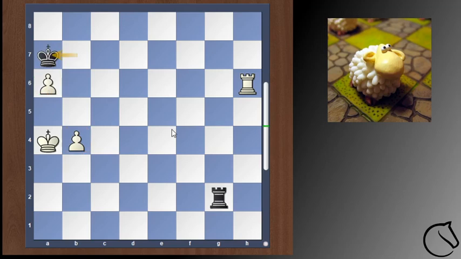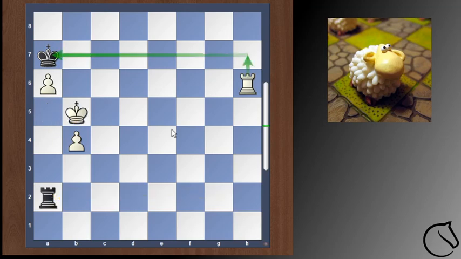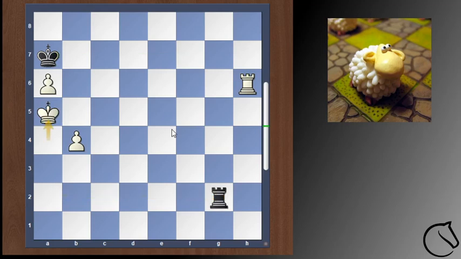So we play king a7, king a5. Now if black would choose to check along the a file again, we play our king to b5. The next move will be rook to a7 check and push back the black king. So let's say that goes for another line, rook g5 check,